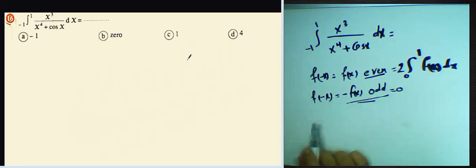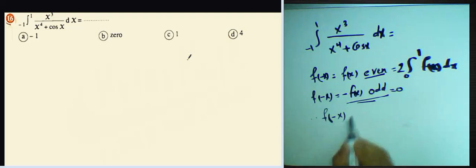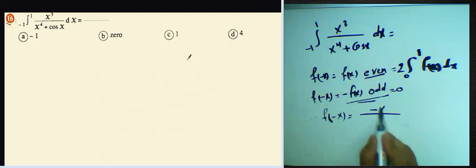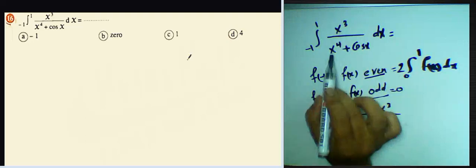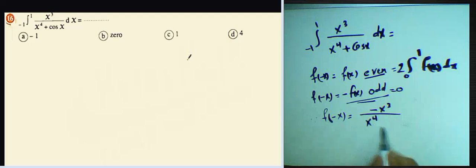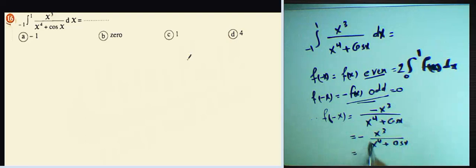Okay, so in this example, I will find f of negative x for this function. Write negative x here: it will be negative x power 3 over negative x power 4, which is x power 4. Cosine of negative x will be cosine x. Then we can write the negative outside: negative x power 3 over x power 4 plus cosine x. This is equal to